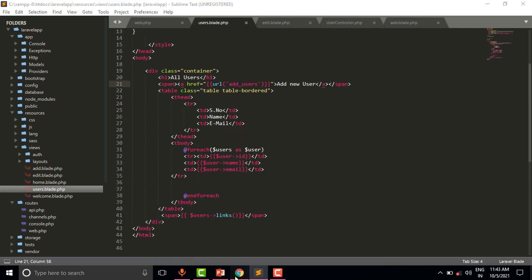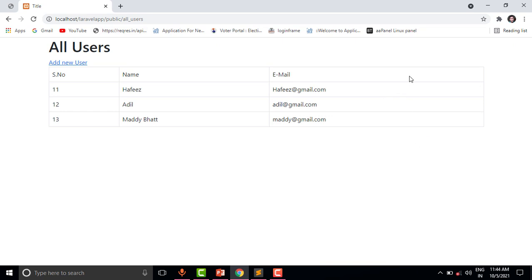So in the users view we will create a button here for the specific user.